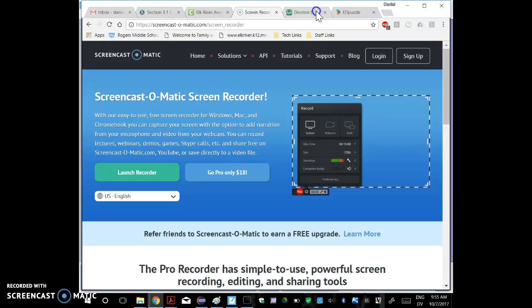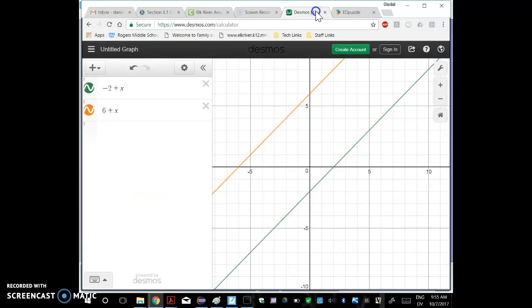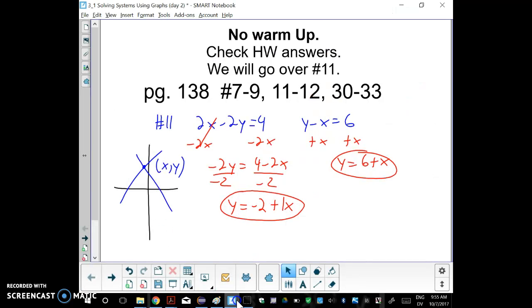And when you graph, take a look at decimals here. Type them in real quick and graph, and you get two lines that are parallel. All right, and so all that means is the lines are parallel, they never cross, so they don't share any points in common, and that just means there's no solution. So 11 had a trick that basically there is no solution,